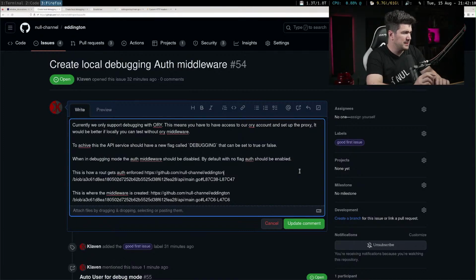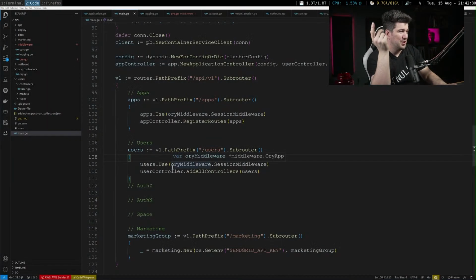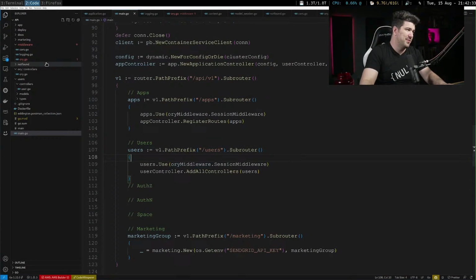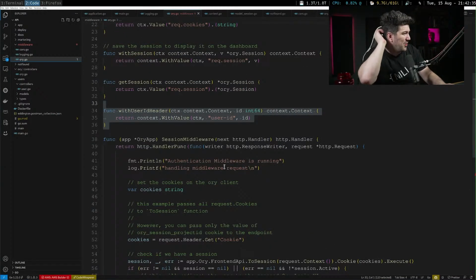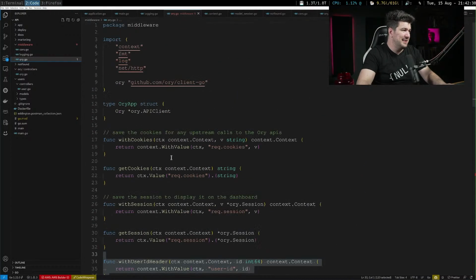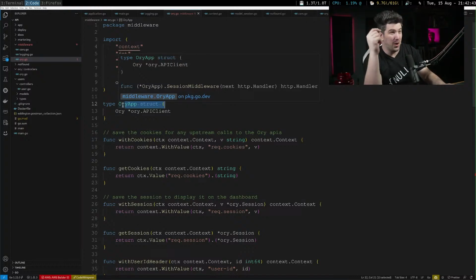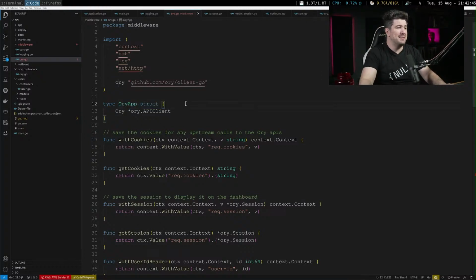All right, to achieve this, the API service could have a new flag called debugging and get that true or false. When in debug mode, the auth middleware should be disabled. Wrong. Incorrect. You know what? Now I'm thinking. Do we make it just one auth middleware where when you create this Ori abstract, we actually update it to auth, and we pass in debugging in here.